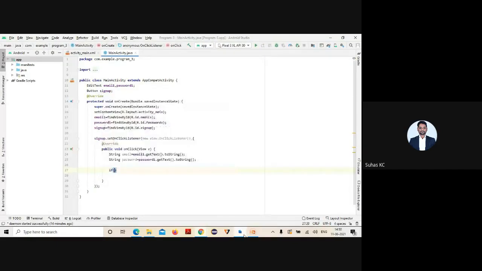So if not equal to valid password, I'll take something. For which variable do you need to validate? Which variable should I take? Password. So this one I should enter. Just give P and okay.